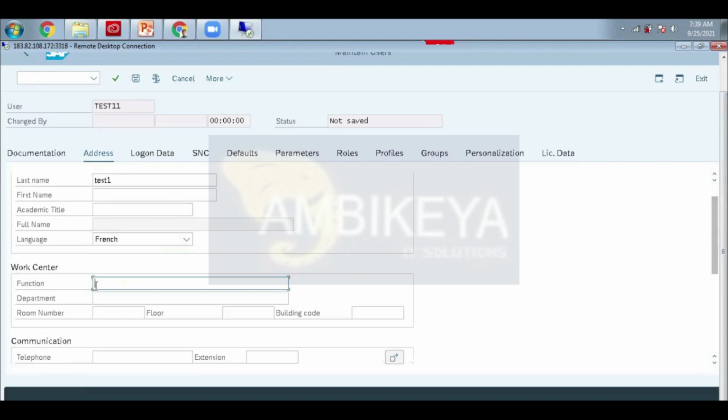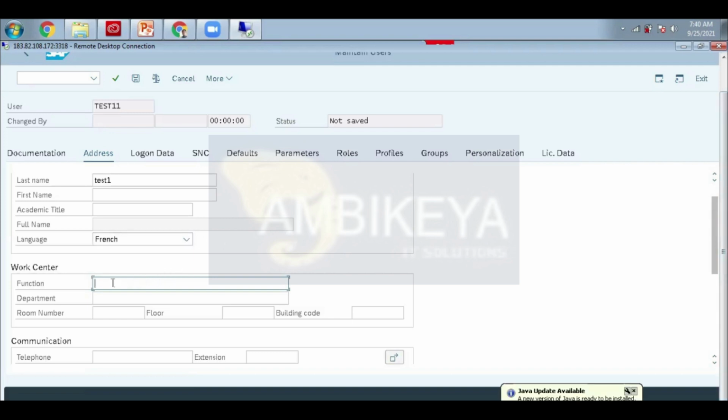Then the function area, right? It is Finance, meaning which team it is from, and the department. So keep the habit of entering these things. It will help in data checks and data extraction. These are the common things which we need, like how you identify from